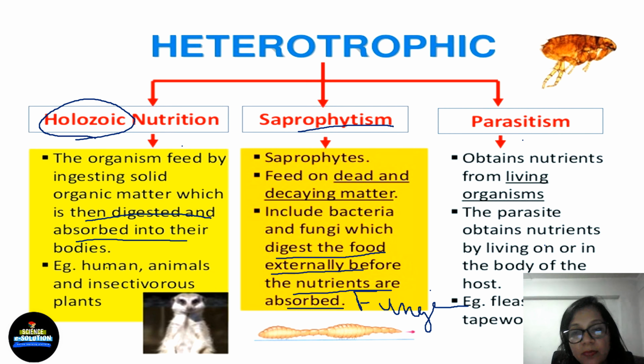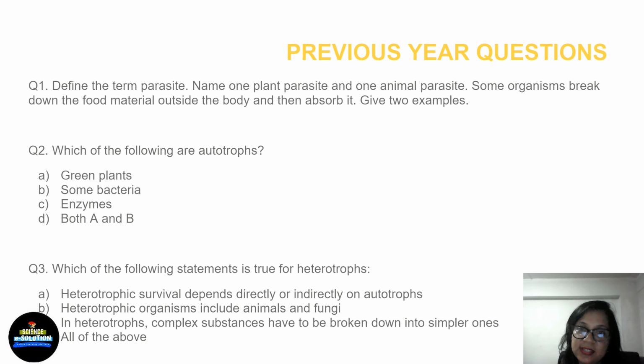Now, the most important part, previous year's questions. Okay, so define the term parasite: organisms which derive nutrition from the other plants or organisms without killing them. These are called parasites. Name one plant parasite: Cuscuta. It is given directly in your NCERT. Very, very important. Animal parasite, you can call leech,